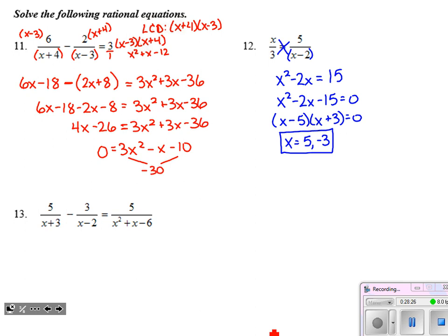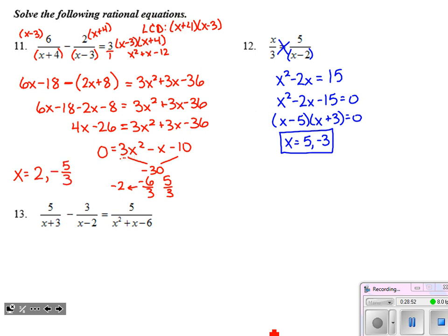What multiplies to be negative 30 and adds up to negative 1? Hey, this works. It's negative 6 and positive 5. It was a 3x squared. I need to divide out that 3 and simplify if possible. So those are the magic numbers that would go into factors, but if I were solving the factors, I would simply switch the signs. So my final answers are going to be positive 2 and negative 5/3.